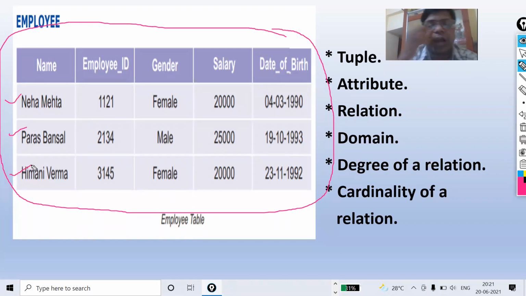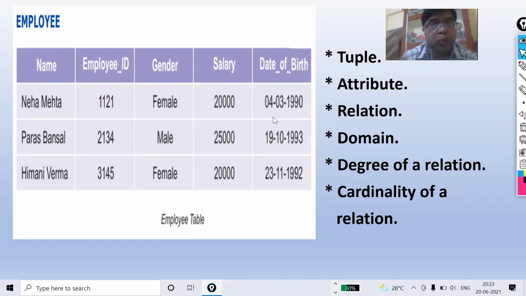If my question is how many attributes, then you will say 5. They are name, employee ID, gender, salary, and date of birth. So there are two main things that you have to keep in mind.